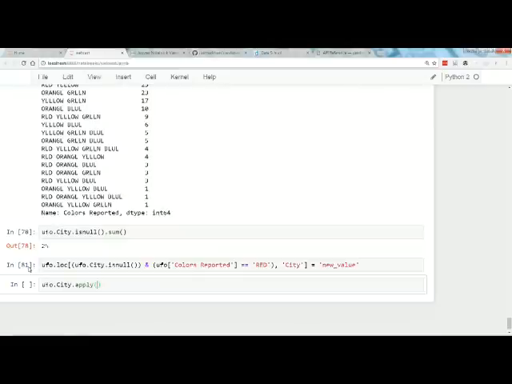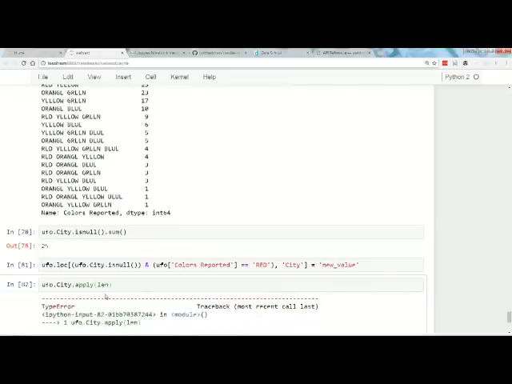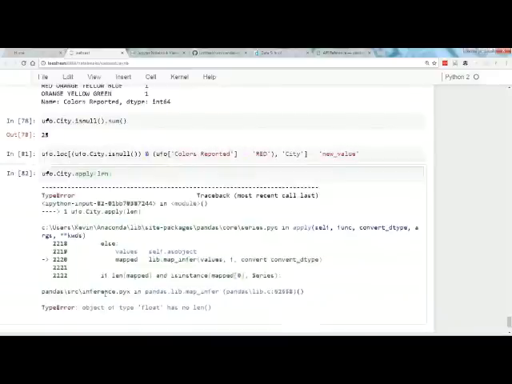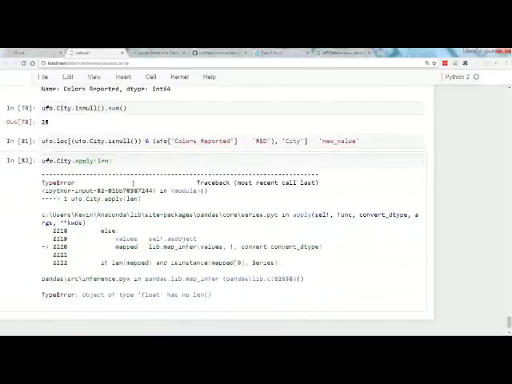I think that'll work. Nope. What did I do? Object of type float has no len. I'm doing something wrong, but it's not completely obvious to me what.